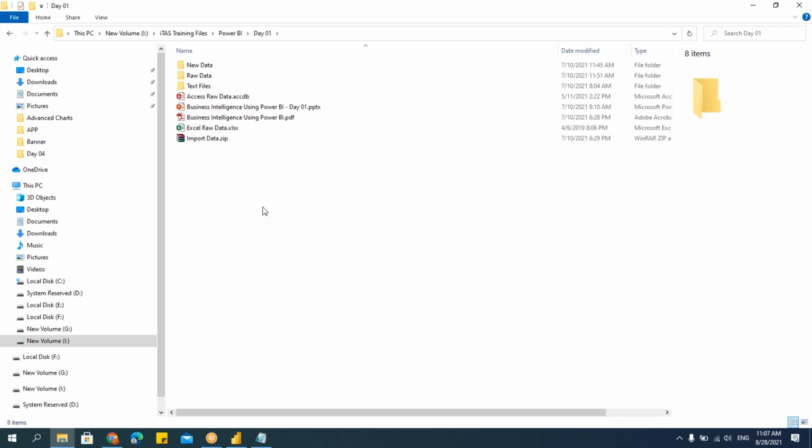Okay, right. So first thing is we understood the data we are trying to import. So I'll show you how to import the data from Excel, then CSV, then text file. Then also I'll talk about how to import the data from Access files, and we'll see if there are any other sources. That also we'll discuss. Then after that, I'll show you a few servers as well. If you don't have the servers, don't worry. Just keep that idea. I'll tell you, it is very simple. You just have to get the credentials. That's all. I'll show you that as well.